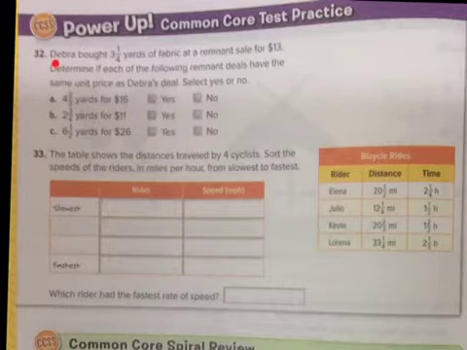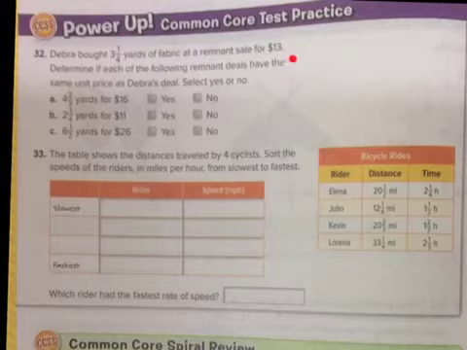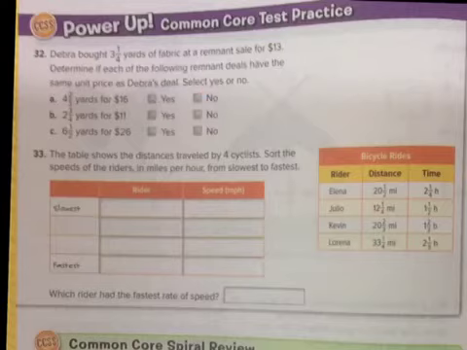Let's read. Deborah bought 3 1/4 yards of fabric at the remnant sale for $13. Determine if each of the following random deals have the same unit price as Deborah's deal. Simply select yes or no. Okay, so 3 1/4 yards of fabric. Okay, so here what we have